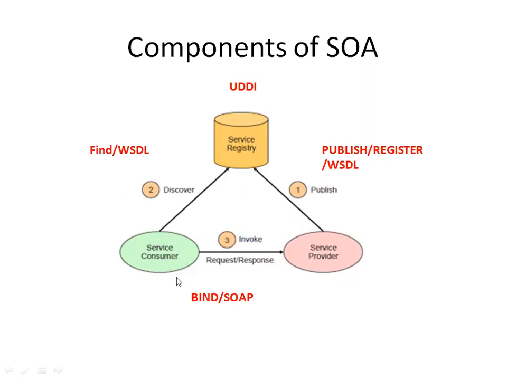The service requester is used to initiate the request. The service provider is used to send the response to the requester. Service registry is used to maintain the service description. It looks like a database, no? So after establishing the communication between the service requester and service provider, they will communicate with each other.